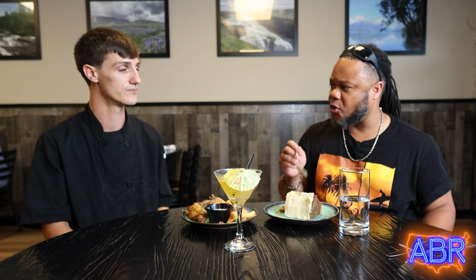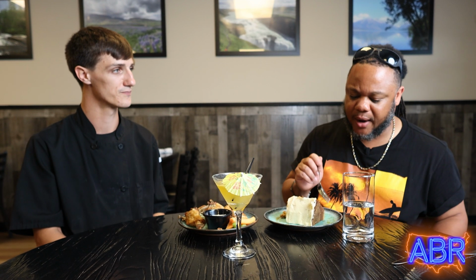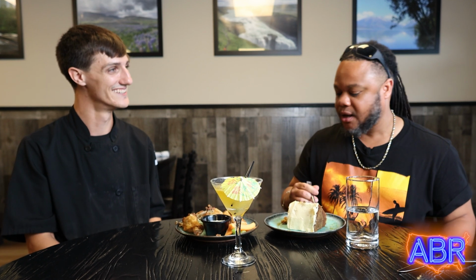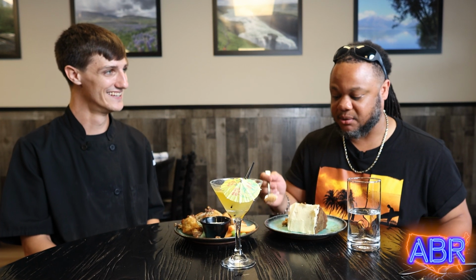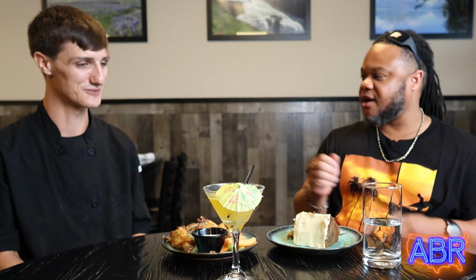The carrot cake, so moist and just so fluffy. It goes down, it's not too dense. You know what I'm saying? Yep. And then you add that New Hampshire maple syrup to it, man. That's an absolute home run. I'm not even a desserts guy like that, man, and I can see myself finishing this off. Oh, wow. Chef, you absolutely killed it, man. Appreciate it. I've had a great time here at Alexandra's Bistro, and you are absolutely one of America's best